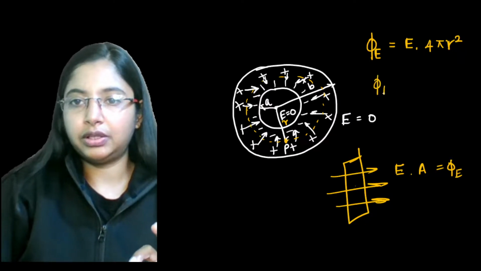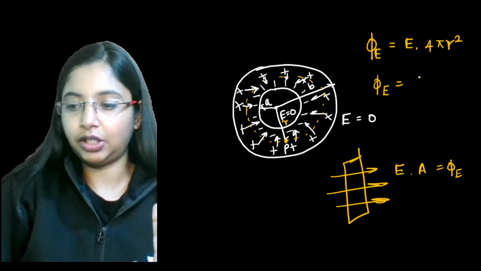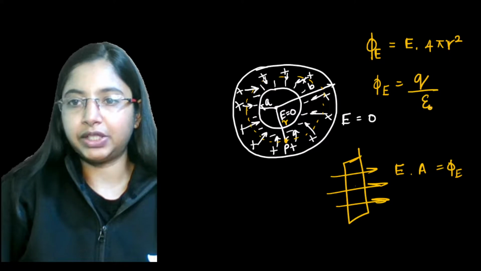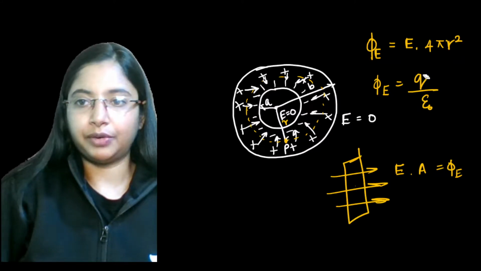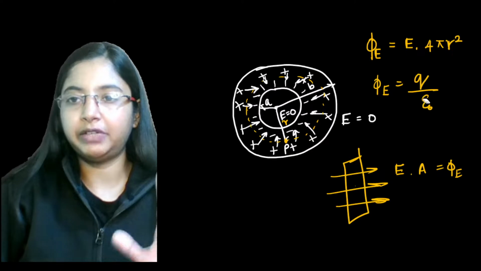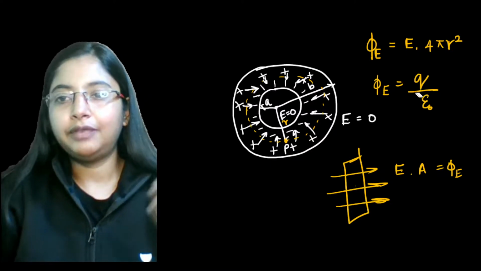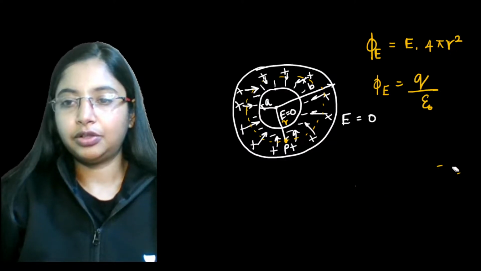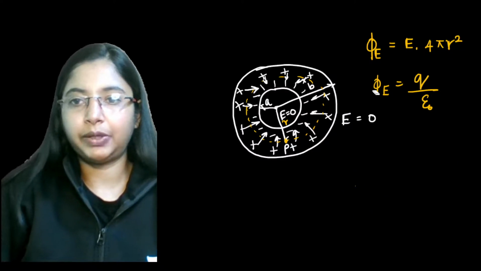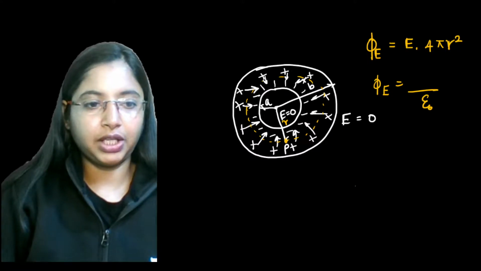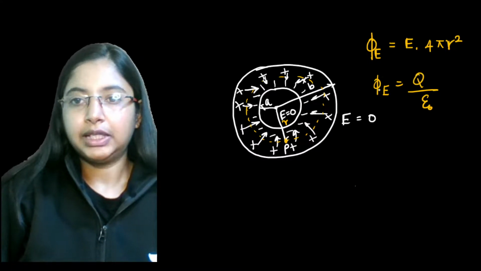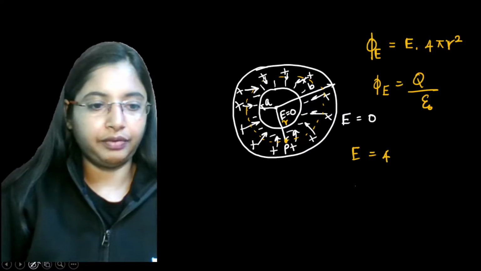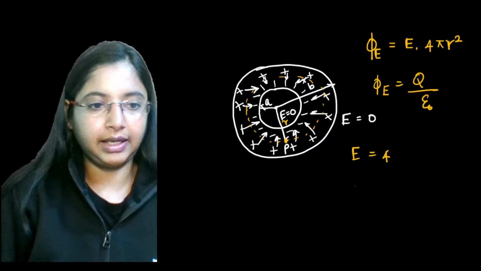According to Gauss's law, this particular electric flux is equal to the charge divided by the permittivity. That is your Gauss's law: 1 by epsilon naught times the charge enclosed by that particular space. So in this case, we will use a capital Q over here. Now we can equate these two equations for phi, that is electric field